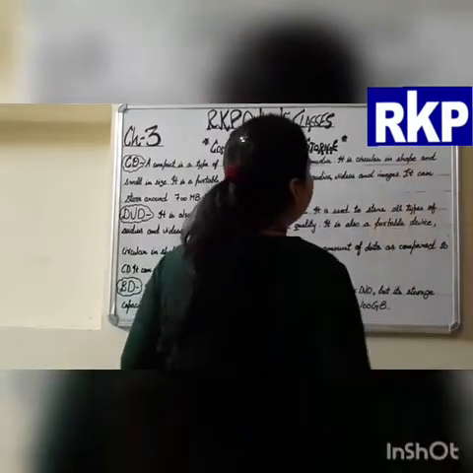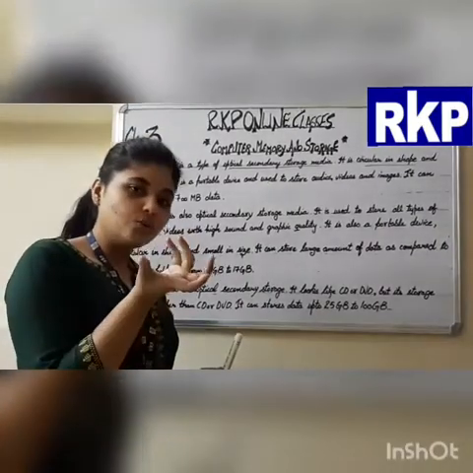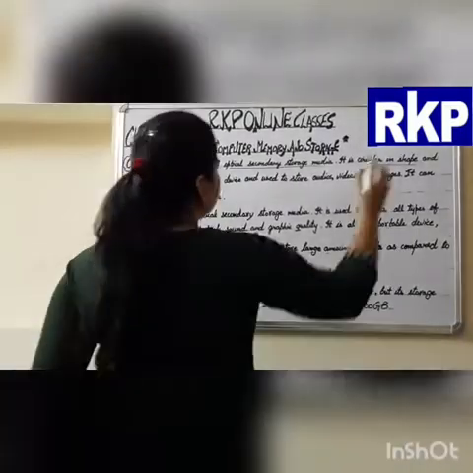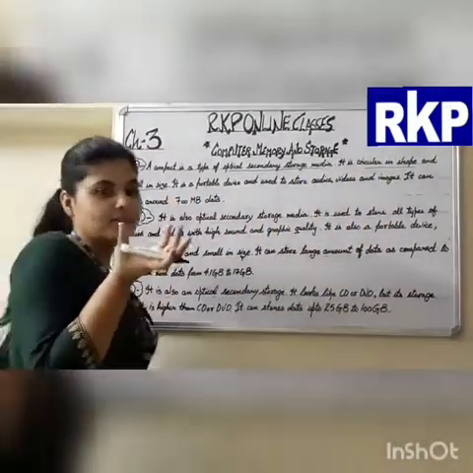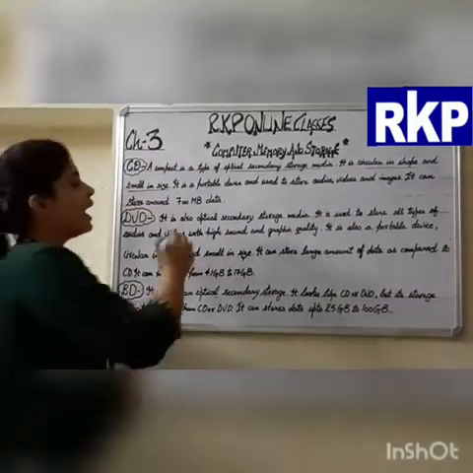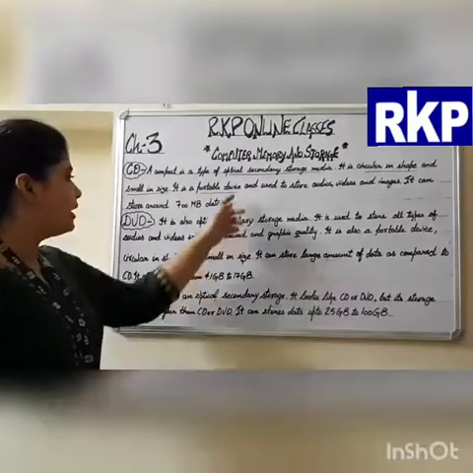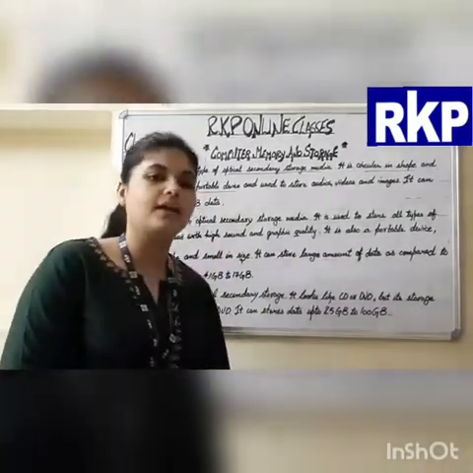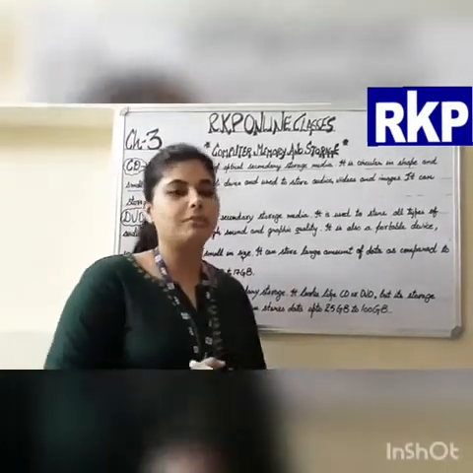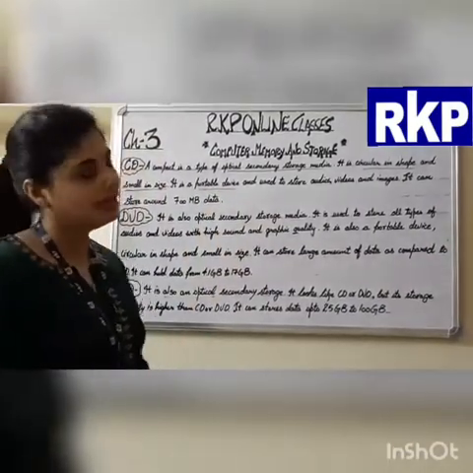If we talk about the shape of a CD, it is circular in shape. You must have seen it. It is circular in shape and very small in size, like this much, and it is a portable device. Maybe you are all aware of this term, portable devices: devices that can be moved from one place to another, easily carried when traveling.